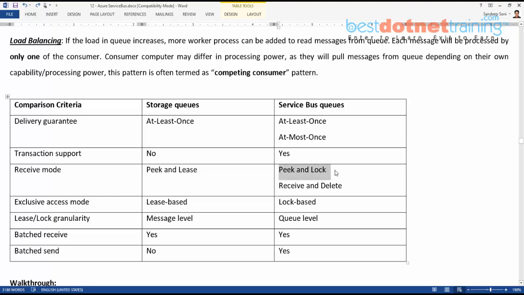Whereas here it is peek and lock. That means we receive the message, we process the message. Obviously, at that time, the message is not going to be available for the others. But if we do not successfully process the message, it will get opened for the others in the queue. And there is another model,